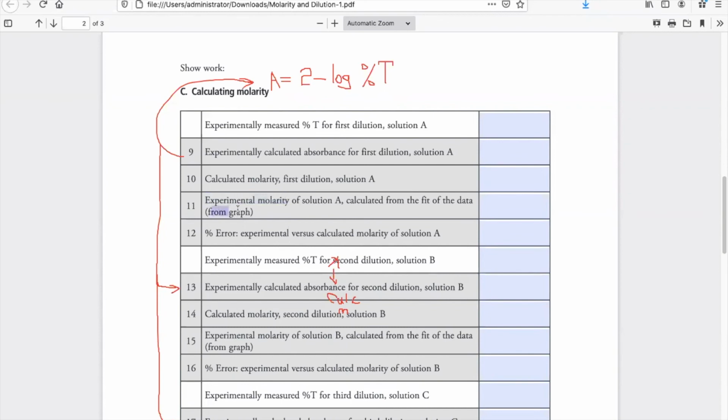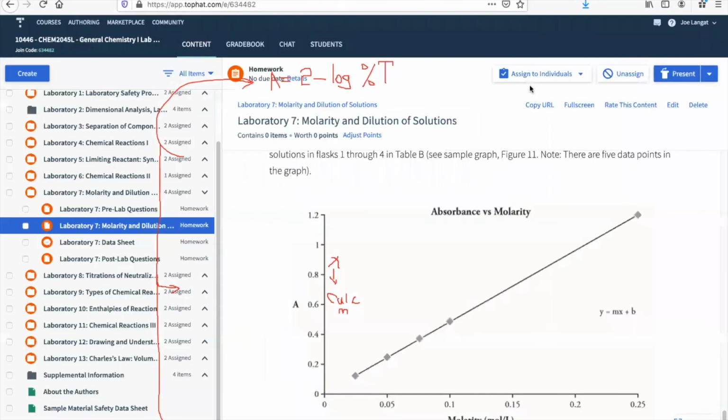from the graph, experimental molarity, this x is the molarity. X right here is the molarity. I intend to complete that. So I wanted to say here is the molarity. This is the molarity. And it is given by, that is x, it is given by A, which is the absorbance value, minus